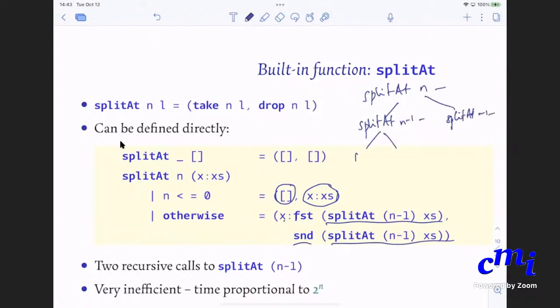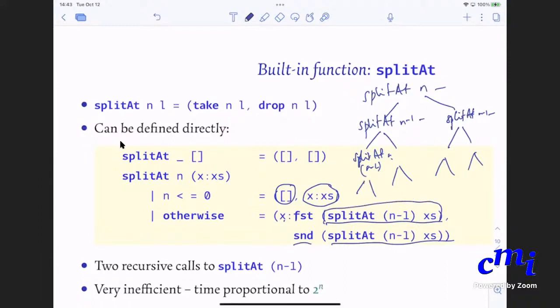Each of these will have two recursive calls. Each of those will have two. And so if your n is 10, let us say, there will be something like 2 to the power 10 recursive calls. That's clearly wasteful.